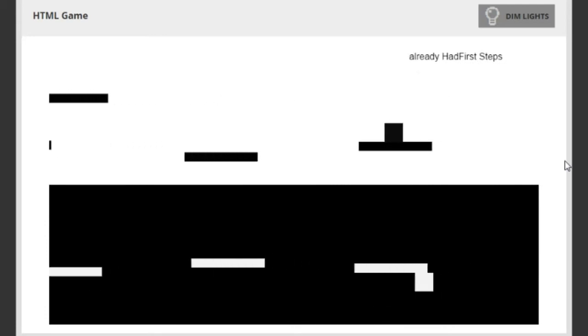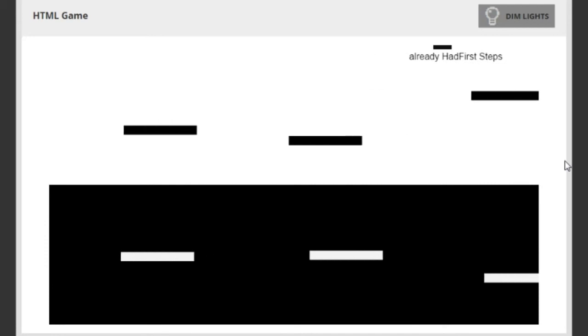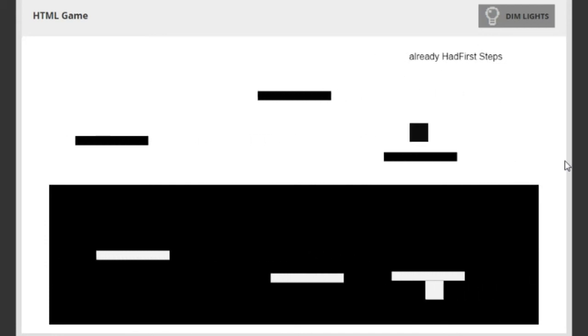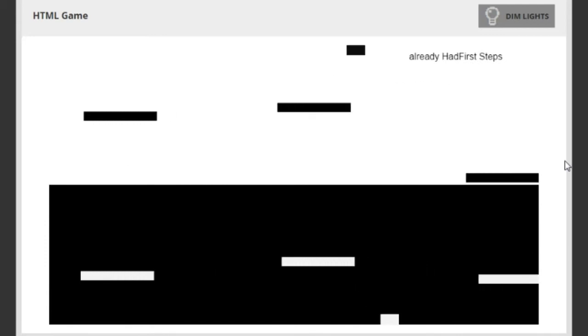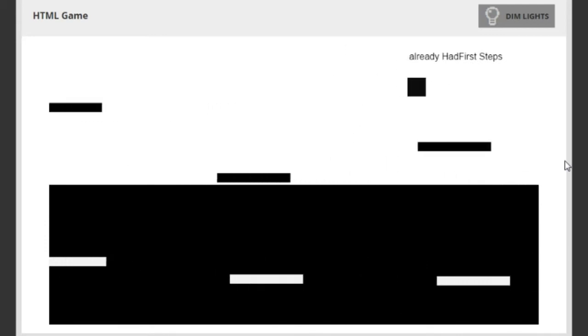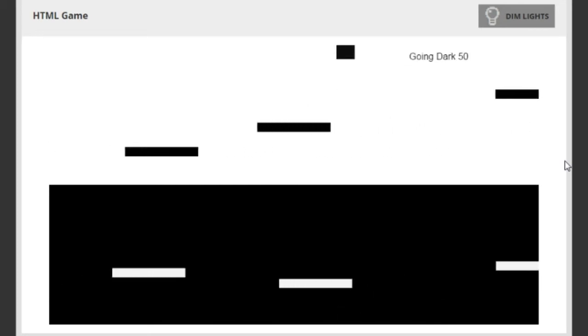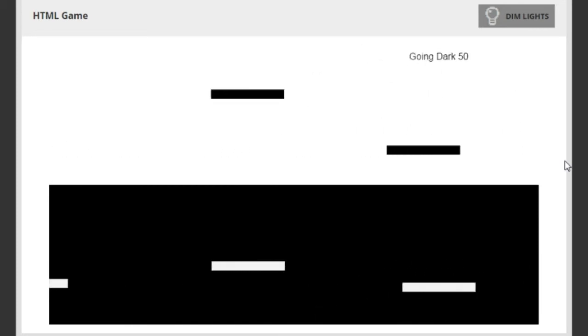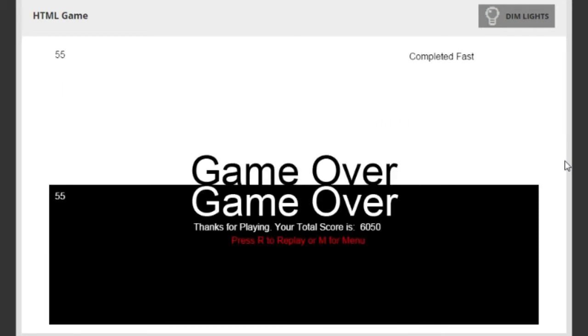I still need to change around the difficulty some. I think that the fast is going to at least become normal, if not becoming slow, and then fast will be like a lot faster. But at the same time I'm worried. So there's going dark 50, and if we go off we'll get the 100 score,